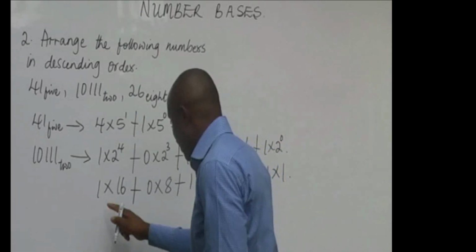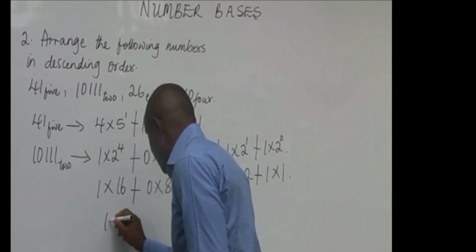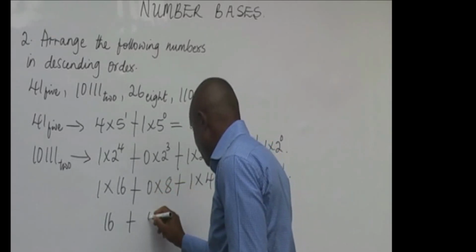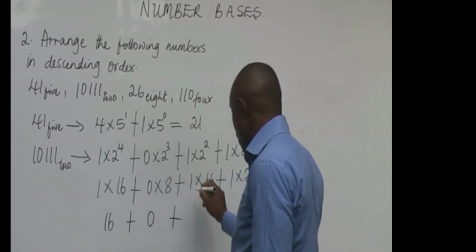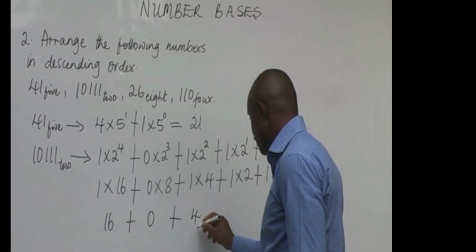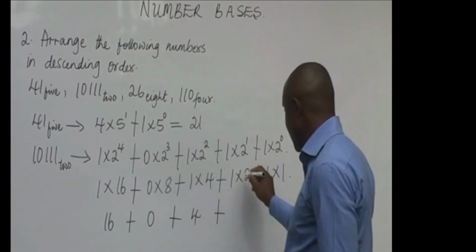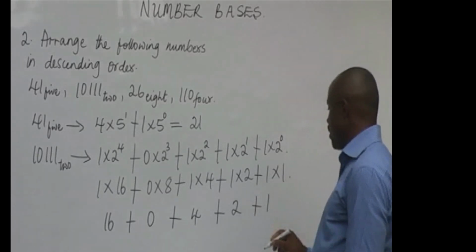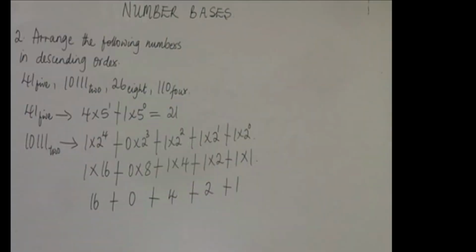So let's simplify. 1 times 16 will give you 16. Plus 0 times 8 will give you 0. Plus 1 times 4 will give you 4. Plus 1 times 2 will give you 2. Plus 1 times 1 will give you 1. Now